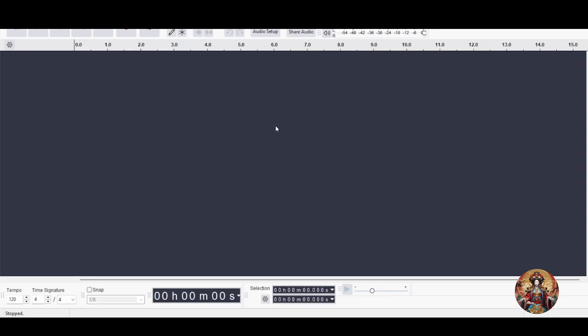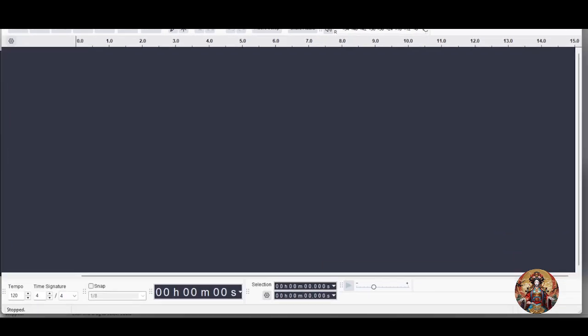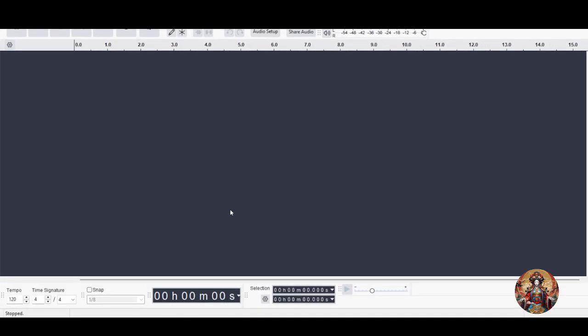Hey everyone, in this video I am going to show you how to use Audacity to record YouTube audio. For that you have to download this application, Audacity, which is freely available on the browser. After downloading Audacity you have to open it, and after that you have to click on this audio setup where